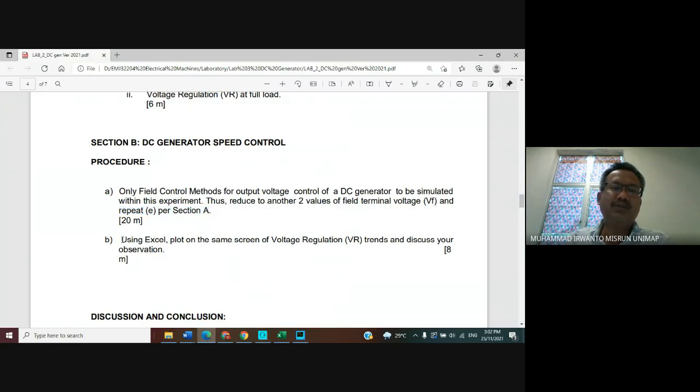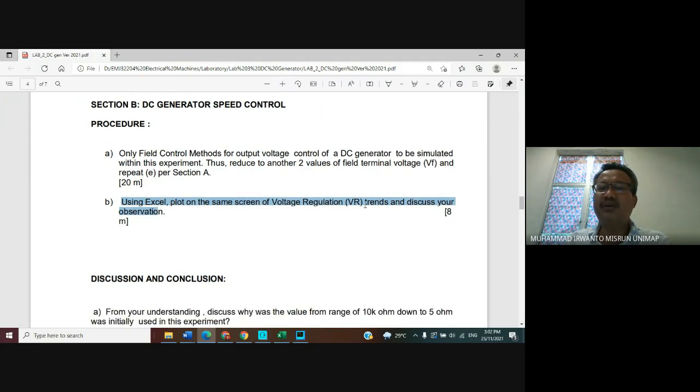B, using Excel plot on the same screen of voltage regulator train and discuss your observation. Plot the terminal voltage versus load current curve.